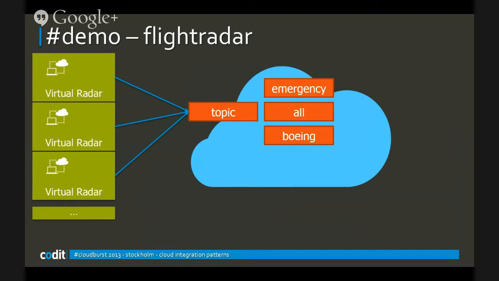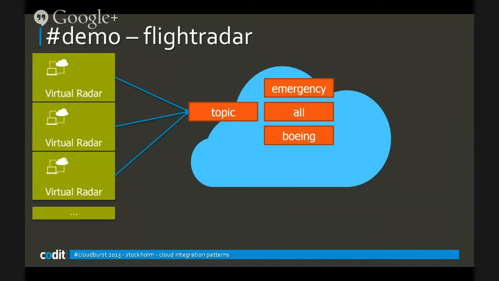You can then have multiple subscriptions. An example is the emergency subscription, where it filters for all the messages of type emergency. I hope there's not too much throughput on those ones. And another could be an audit, so 1 equals 1. And you could say, okay, I want to have all data from planes that are Boeings. So whatever you think about, you can create subscriptions as long as the data is here in the properties